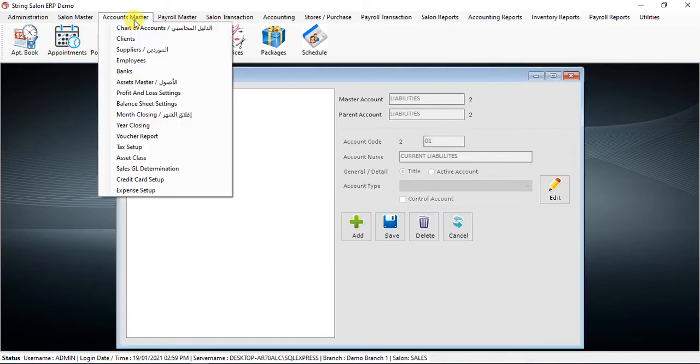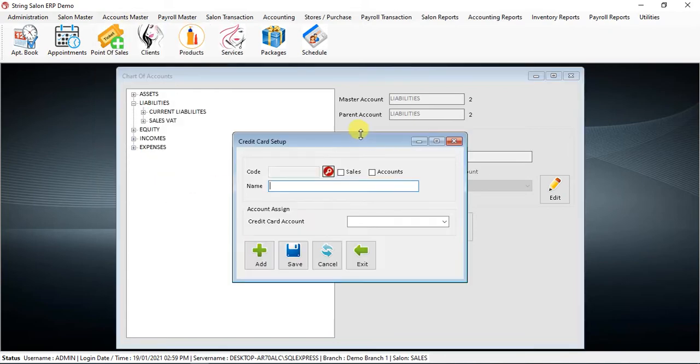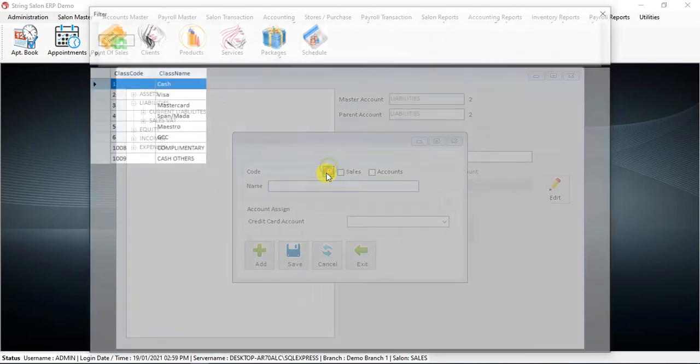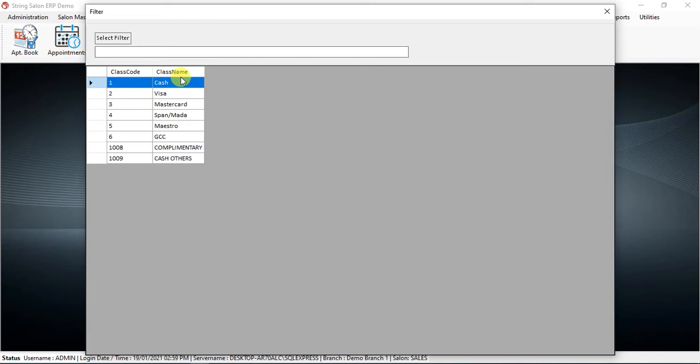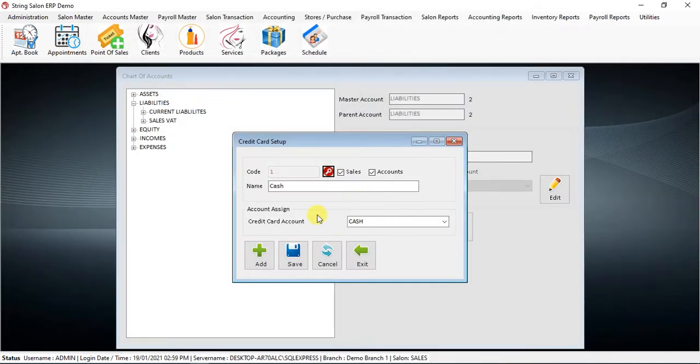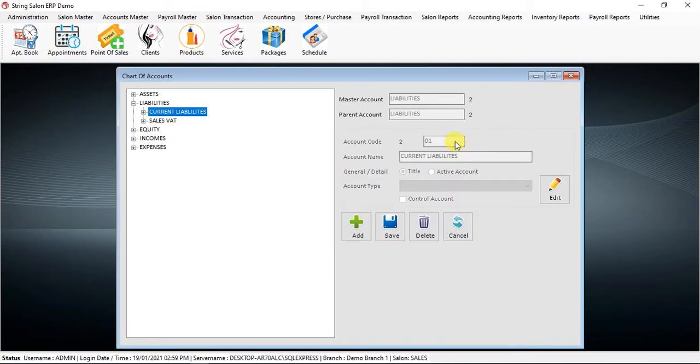Similarly, you can see the credit card setup, where you will see cash, visa, master. For each one you will assign the general ledger account. So whenever cash is selected, the cash account will be debited or credited accordingly. Okay, so how can we create a new